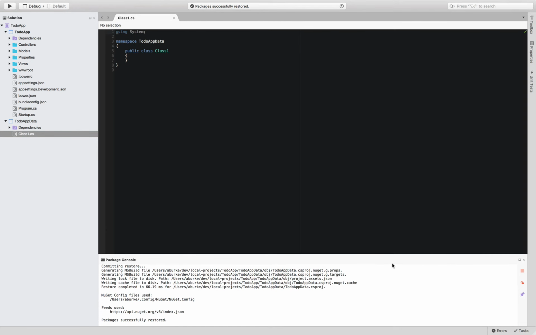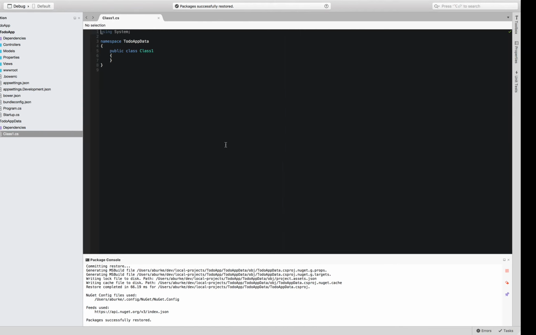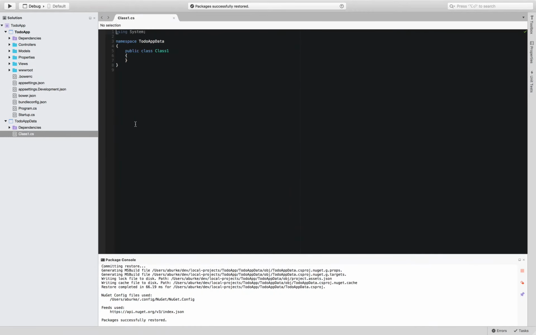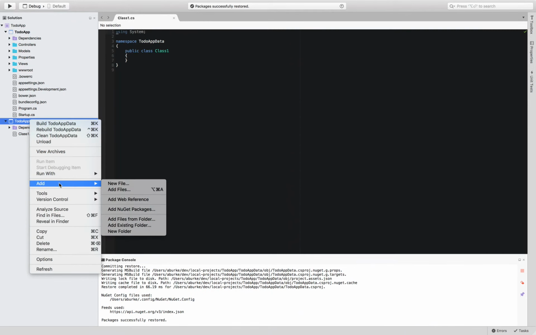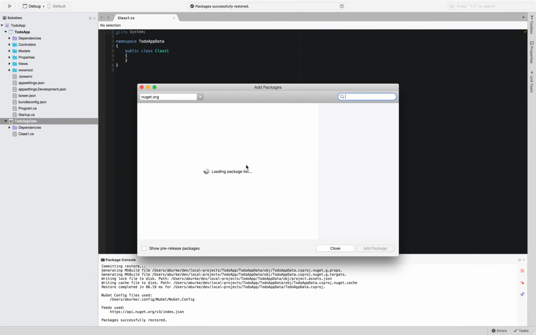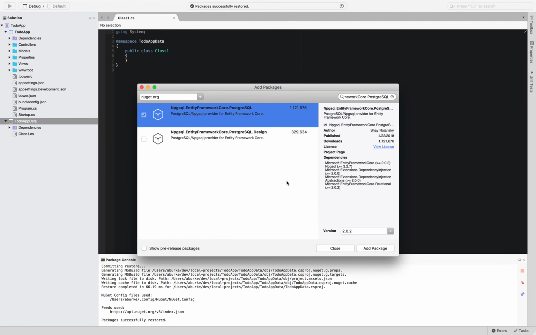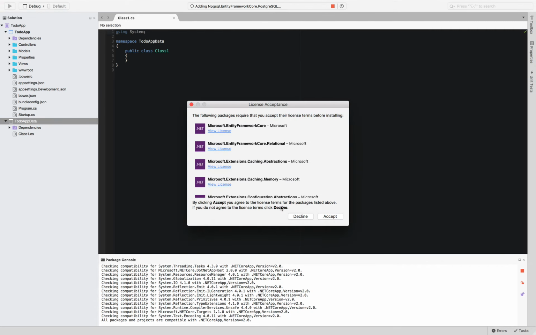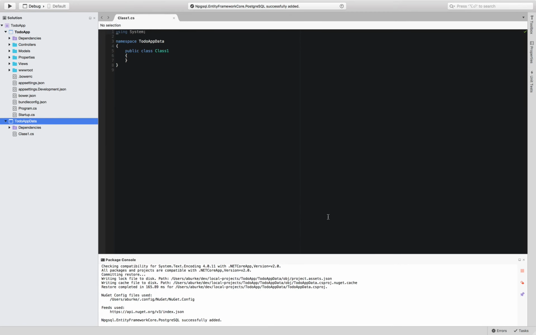Okay, awesome. So now we're going to install EntityFrameworkCore, and that's a NuGet package. So I have it over here, that right there. So you just right click your project and you do add NuGet package, and it'll paste that right in there. First thing that pops up right there. So you don't need the one below it, just that one. And then you just do add package. Let that restore that package for you, get that all loaded in. Oh, you have to accept this. This is just saying, oh, this is what you're going to be downloading. Okay,